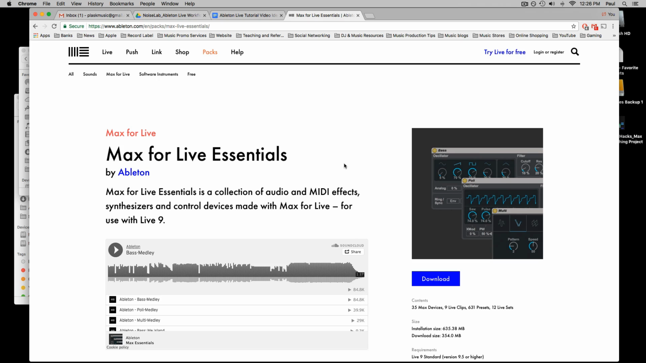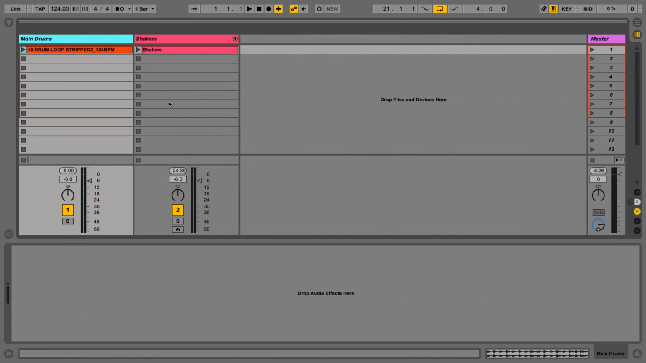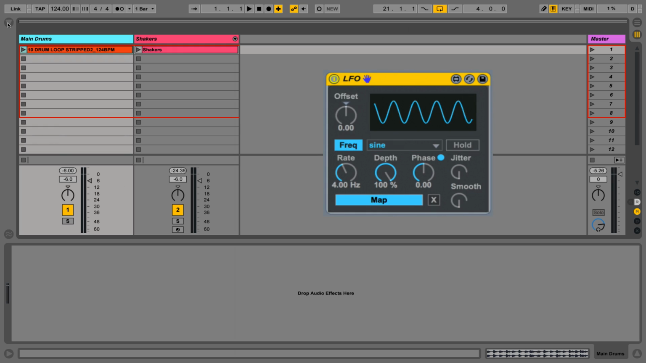Here's a little view of the web page for you. And you can download it for free. Again, you have to own Max for Live though, and if you do, you can download it for free. And it comes with this really great device called LFO. LFO is simply a low frequency oscillator, and we can map it to modulate literally anything on the screen,